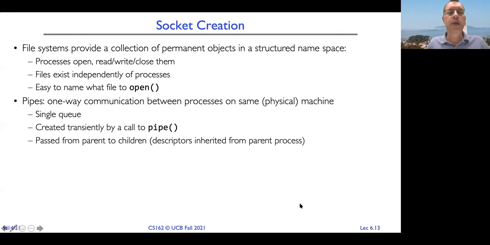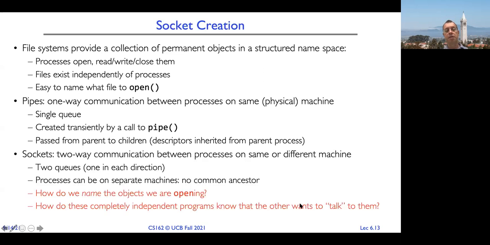How do you do it in pipes? Do you remember how you do it in pipes? Pipes, again, the processes run on the same machine. So if you are going to communicate between the parent and the child, then it's easy, right? Because the child, remember, inherits all the file descriptors of the parent. So it already knows the file descriptors corresponding to a pipe. Okay, so now